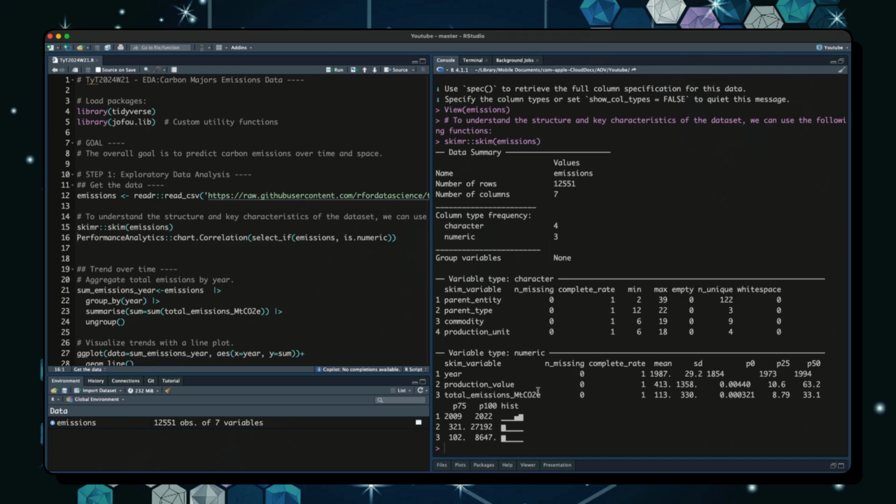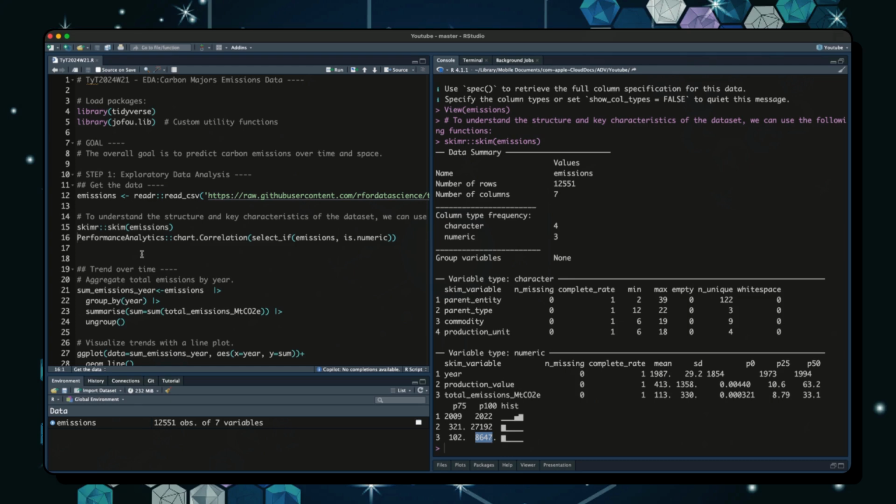What is interesting to notice here is the information about the numeric variables. So we can see that our emission dataset goes from 1973 up to 2022, with more information toward the end though, so more recent information. And our total emission here goes from 8.8 tons to a little bit more than 8,600 tons of carbon dioxide. Okay,